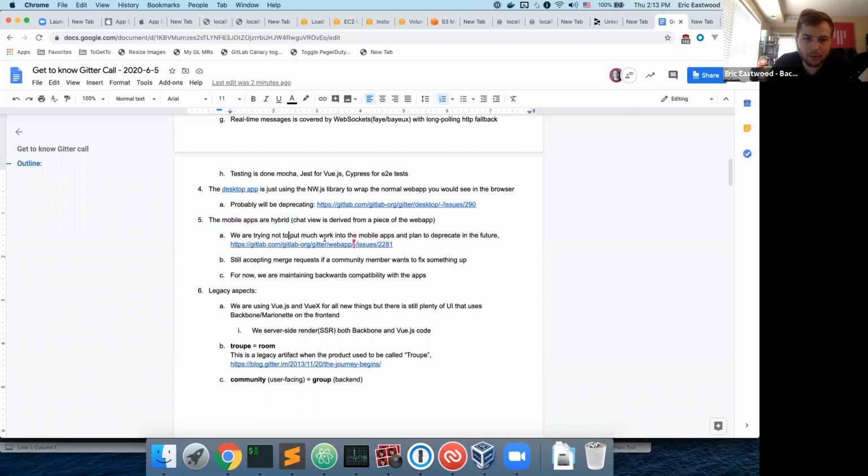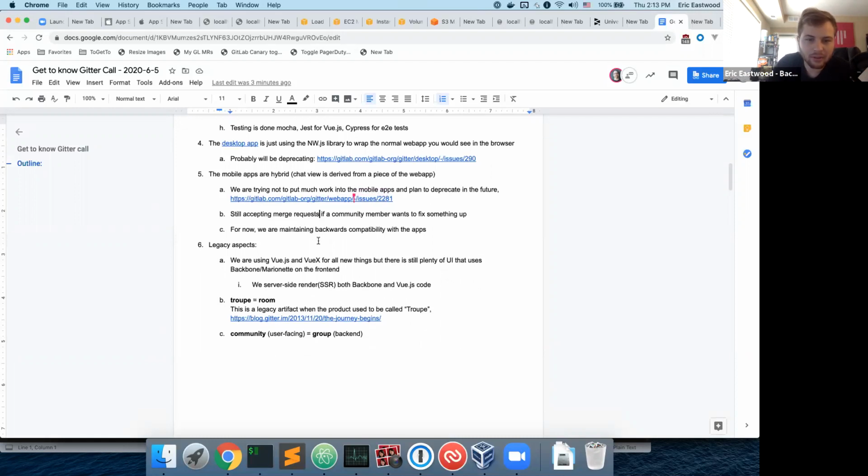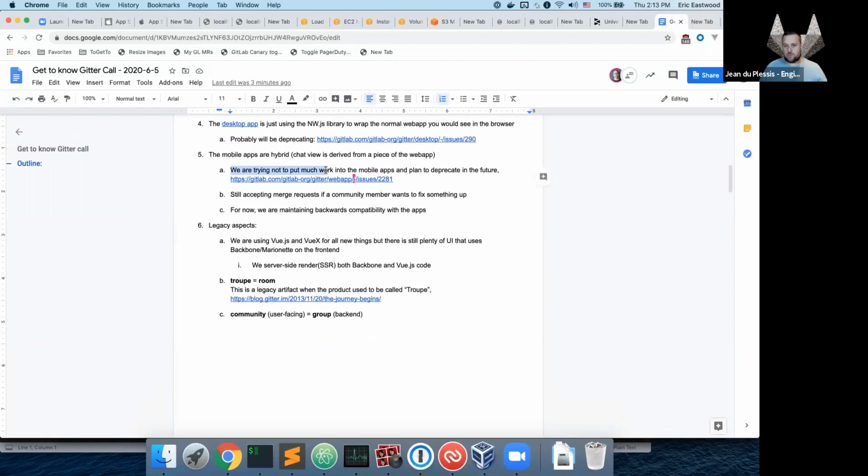But these are much more broken and not as fun to work with. Since it's not just wrapping the whole web app itself, when we want to add new features like threads, we have to think about adding it to the apps, and that's no fun. It just adds more and different work whenever you want to add something in the main web app. So yeah, but soon we won't be,